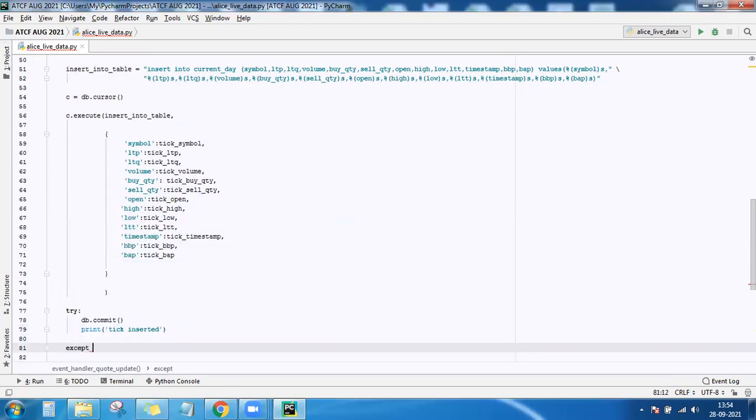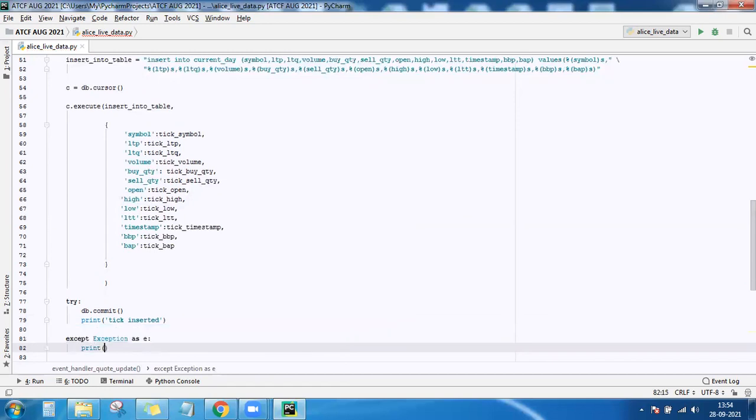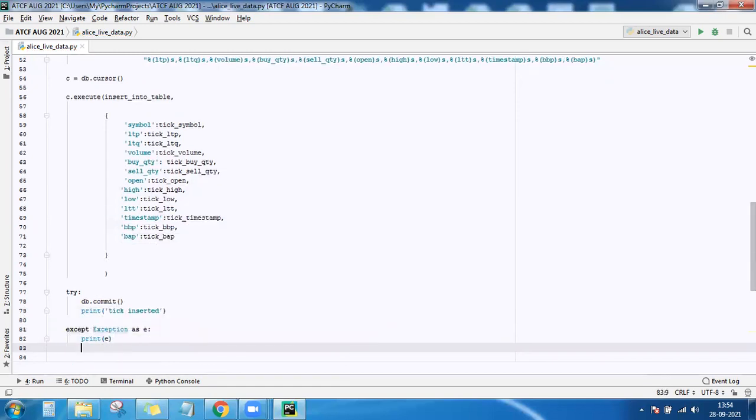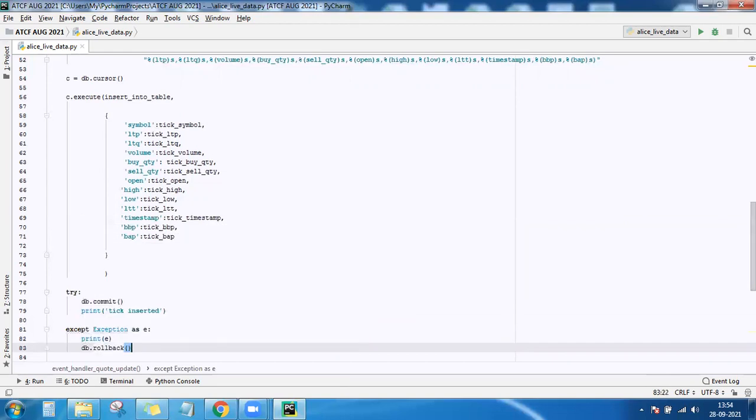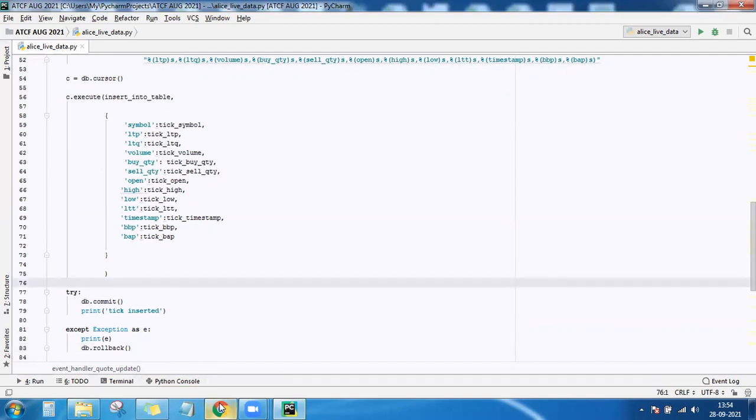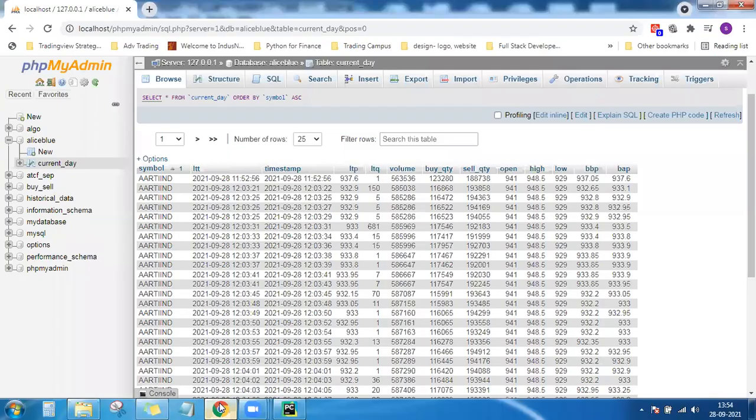And catch the exception. Print the message, whatever error is there, and after that db dot rollback. So whatever things were there before you inserted the data, it will be rolled back to that situation. So now you should have the data stored in the database.